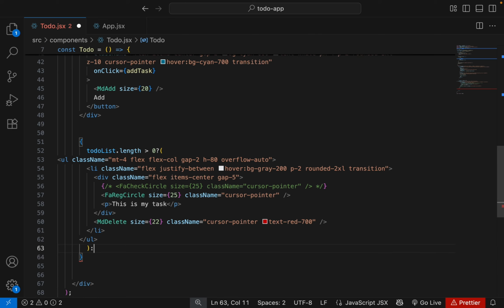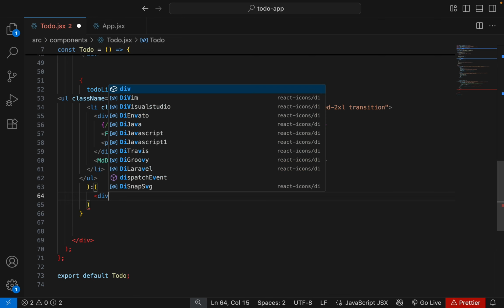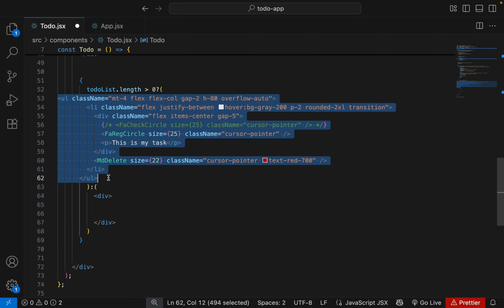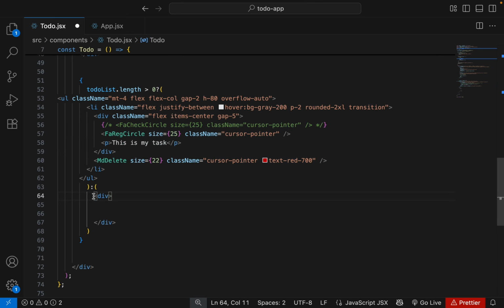Else, in this condition, if there is some task, then we will display these tasks. Else if there is no task, we will show a message.